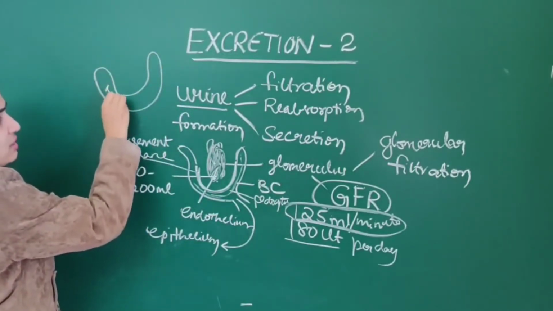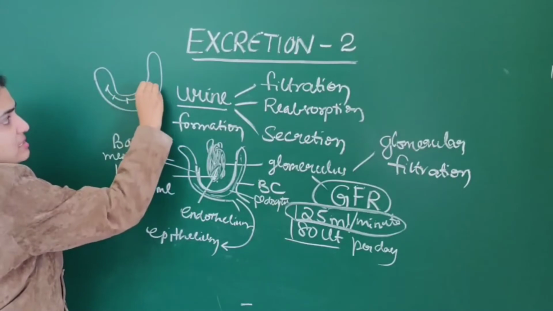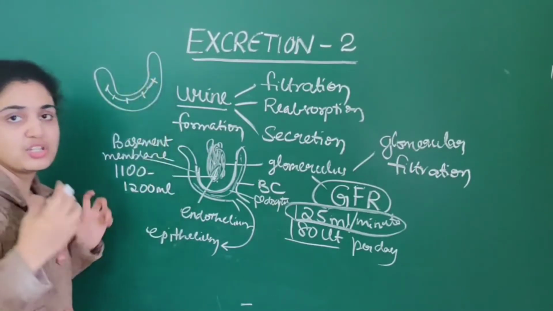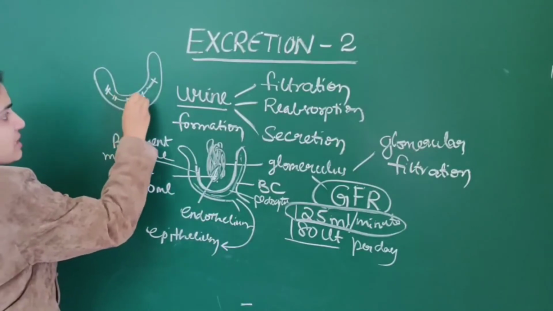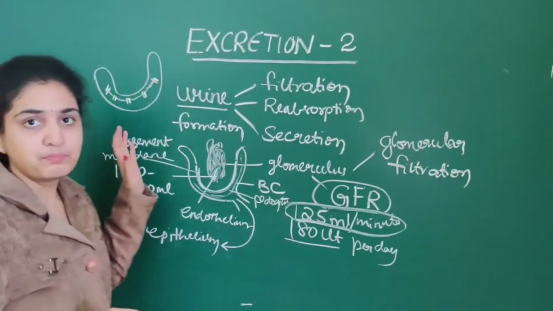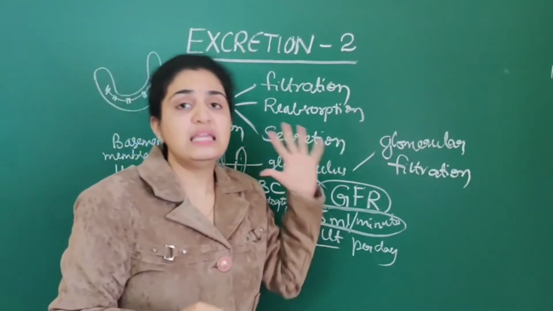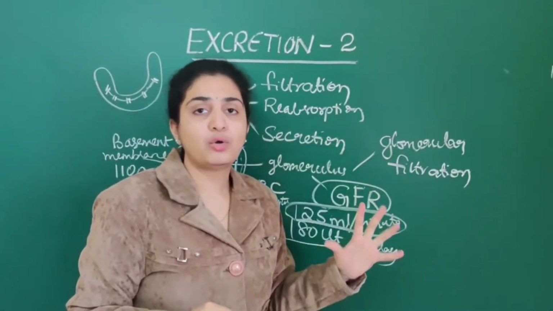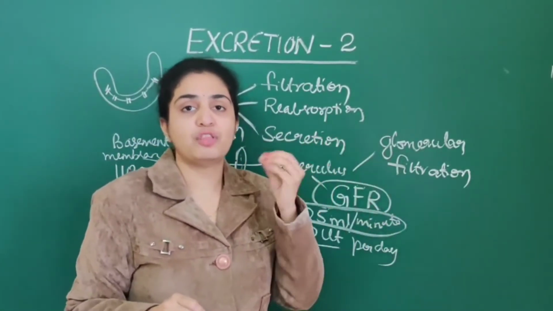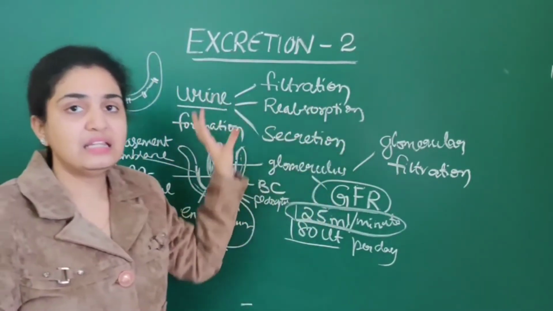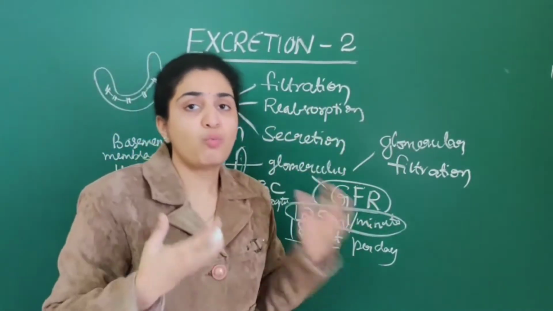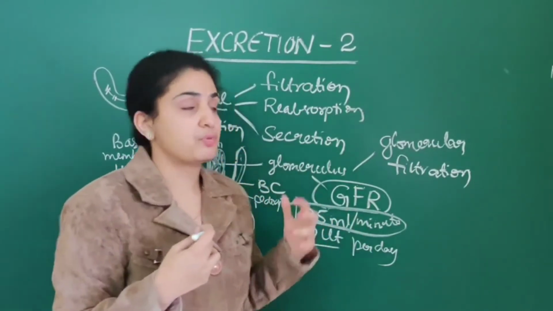These podocytes in the Bowman's capsule are arranged in a slit manner. Slits means what? Arranged in an intricate manner. These numerous podocytes are arranged like this in Bowman's capsule. These play a very important role in ultrafiltration of the small particles. So this is mainly about the filtration process. So what have we discussed in the filtration process?